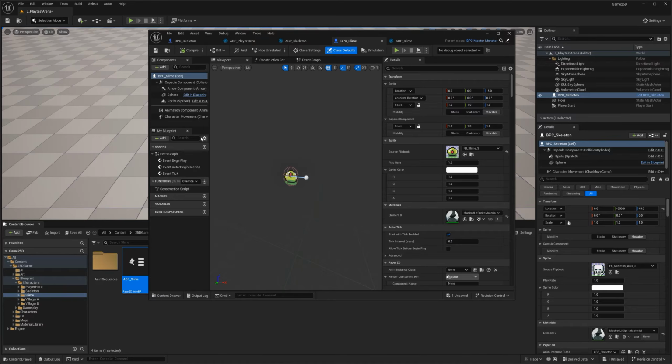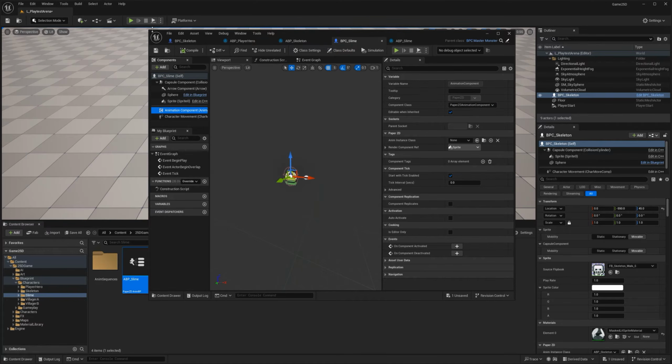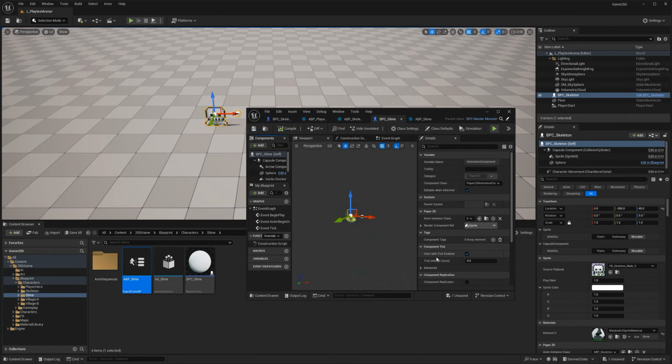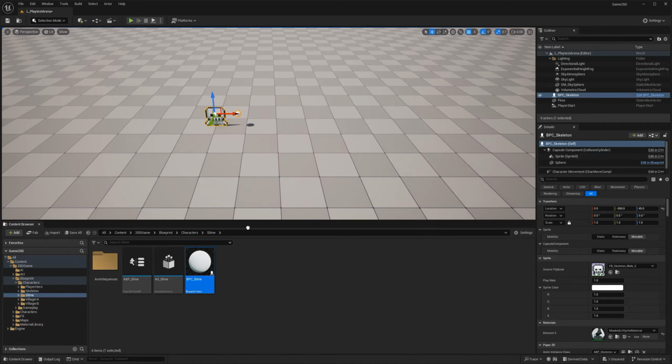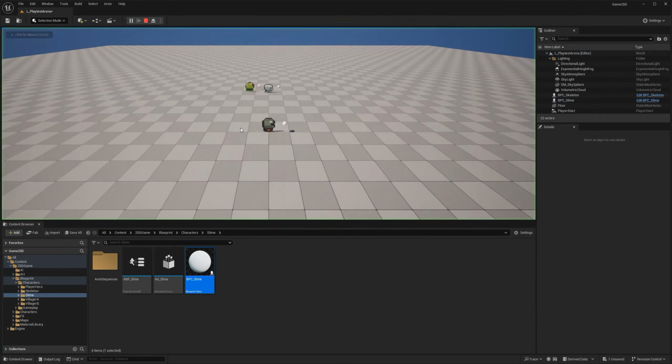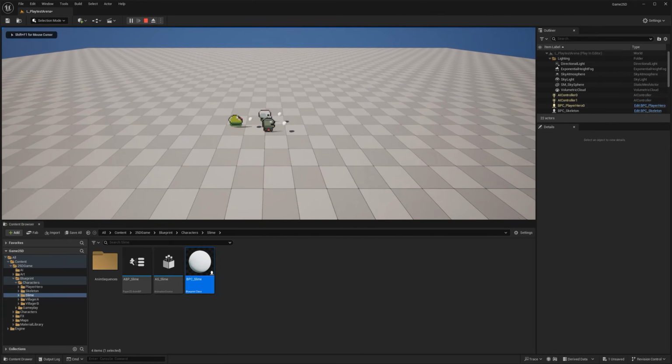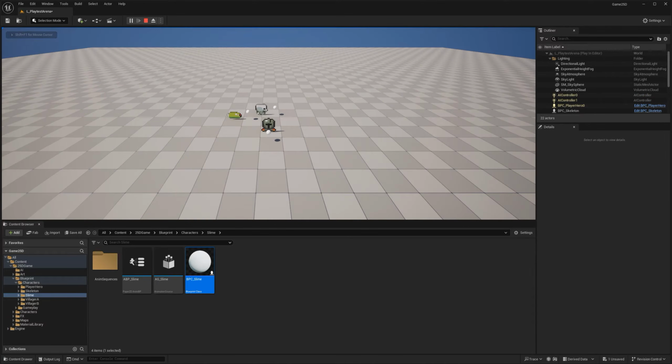Go back to the slime, make sure that the animation component has that assigned. So if I go here, say slime, it's right there as a third one. And why don't we drag one of these to the scene? And if I did it correctly, you're gonna be seeing this line facing that direction. Seems like it's working.